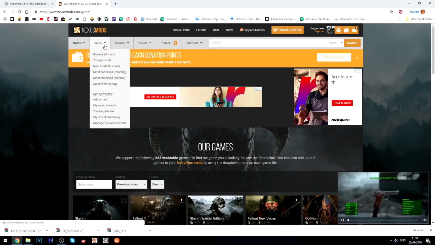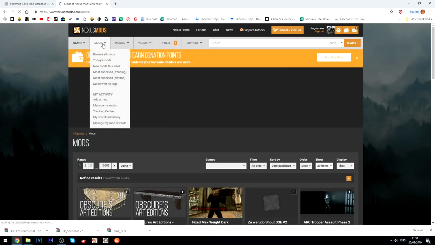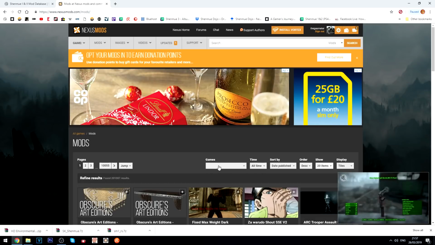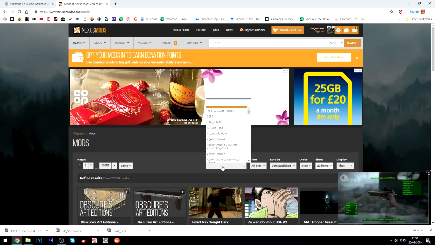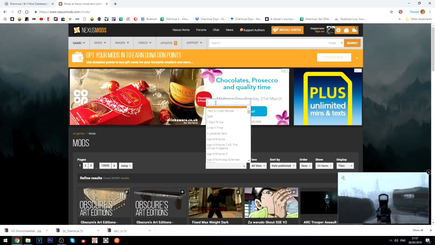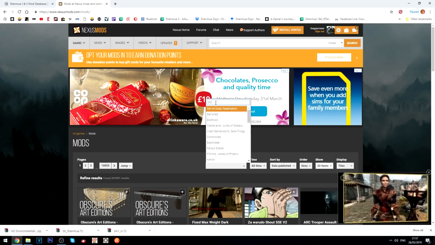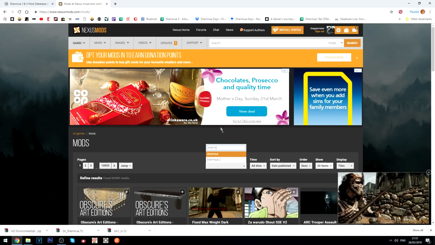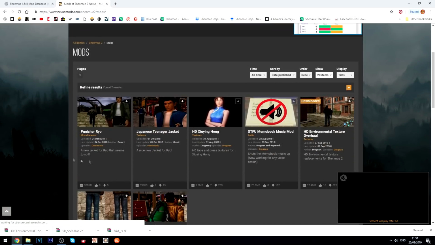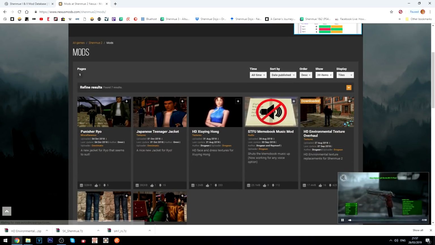So what I'll do is I'll go to mods itself. And once you click on this mods tab, you will have this option just here where it says games. Click on this blank space, and it will present you with a whole list of options, but there's a search area here. Just start typing in Shenmue, and you will see Shenmue 2. Click on that, and then it should bring you up the mods, which are pretty well hidden